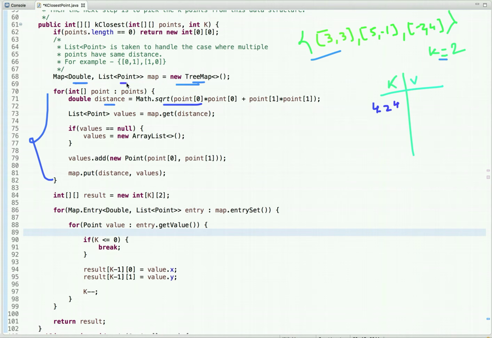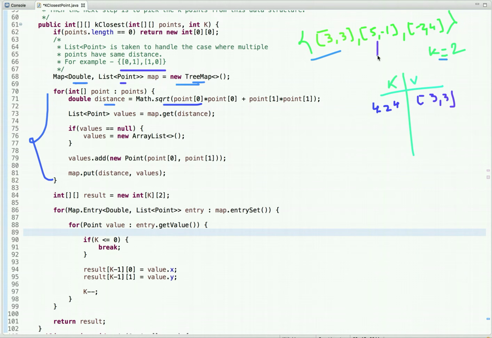So point is just x and y coordinate. So I have already shown a class where the type of x and y is int, so it is 3 3. So we have taken the list of points because we have to handle the case where multiple points have same distance like this one. So let's put this as well, 3 3.